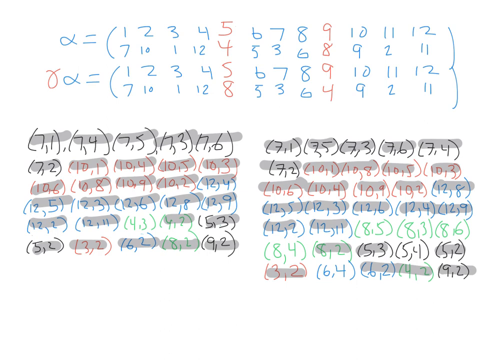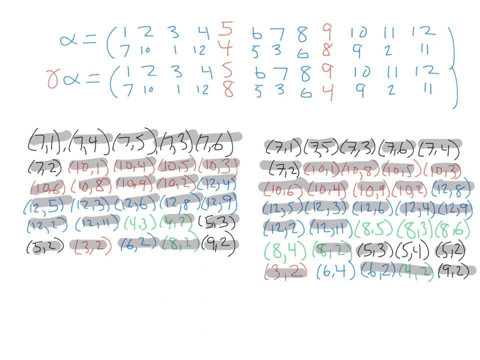And 9,2 appears on both lists. Now, what I want to notice is that we've got one inversion over here that does not appear anywhere over here. And we've got a total of 1, 2, 3, 4, 5, 6 inversions over here that do not appear over on this one. And that actually explains why the inversion number of first do alpha, then do gamma is what it is. So let's write that down